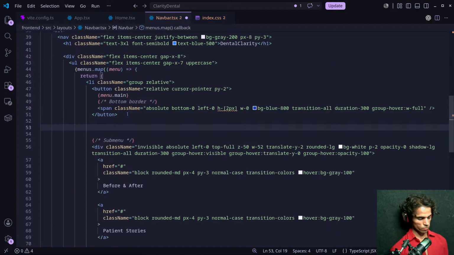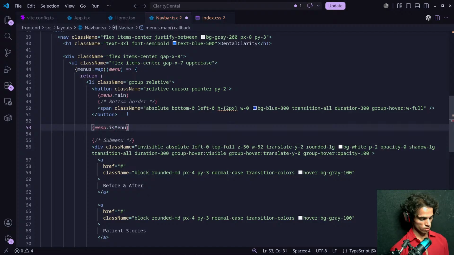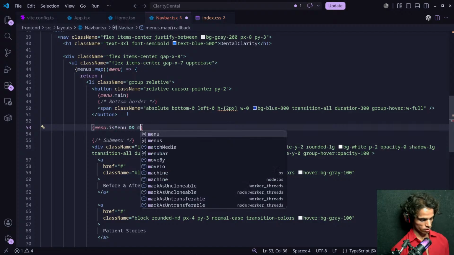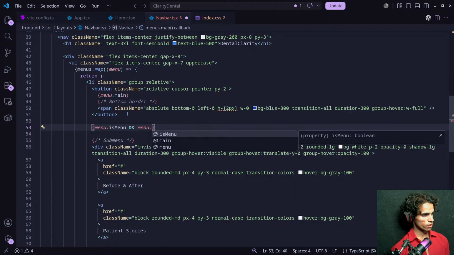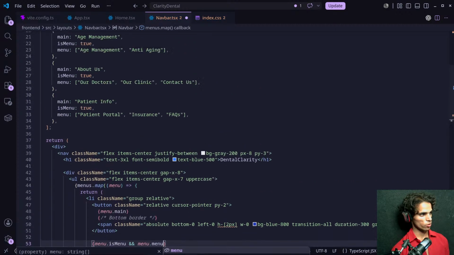What we are going to do, menu dot isMenu. If this is true, then what we will do, menu dot menu, or I will like to call this submenu.